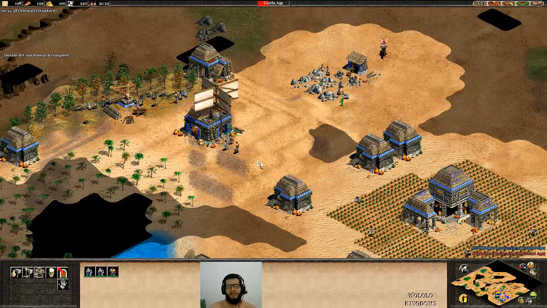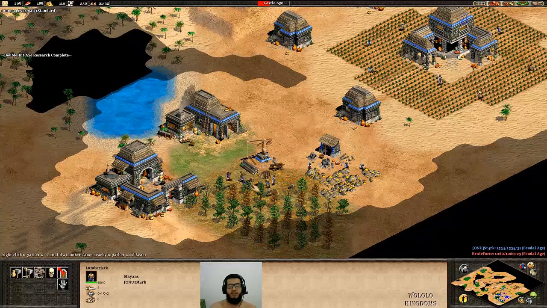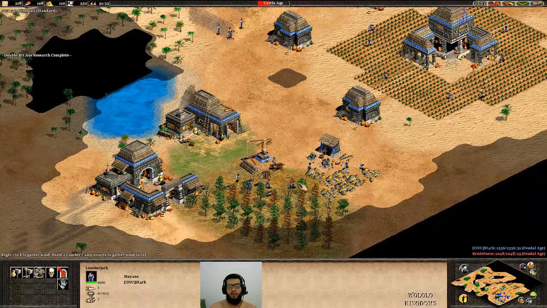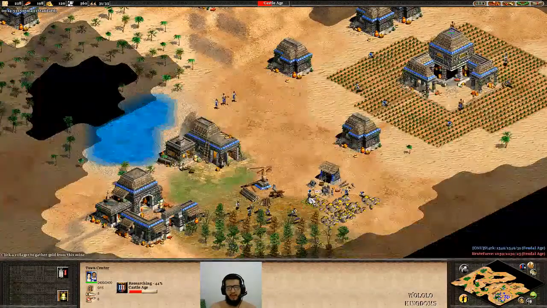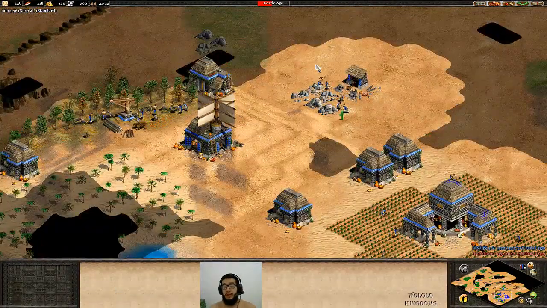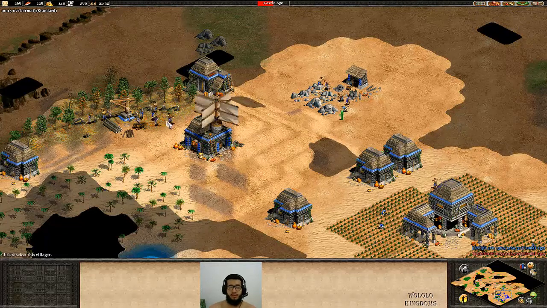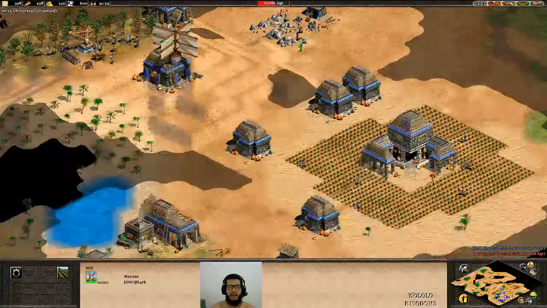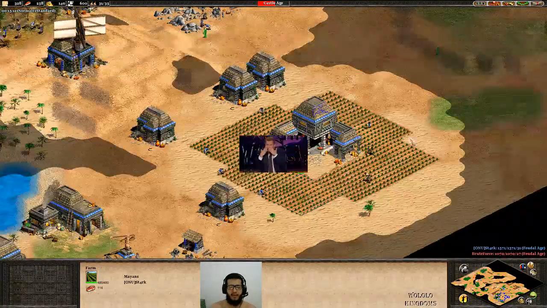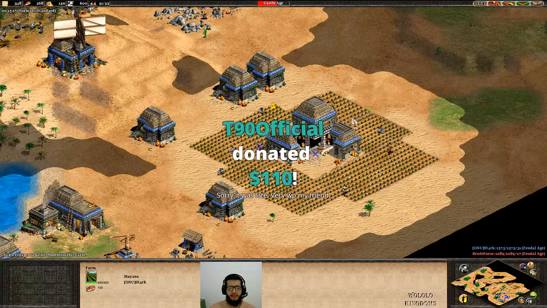Because as the Mayans, I do not need farms, because the plumed archers only cost wood and gold. But if you are playing with a civilization, for example the Spanish, that you need to make a unit that is going to cost you food, you need at this moment to think about adding more farms, okay? This is really important. Since I only did the farms later...